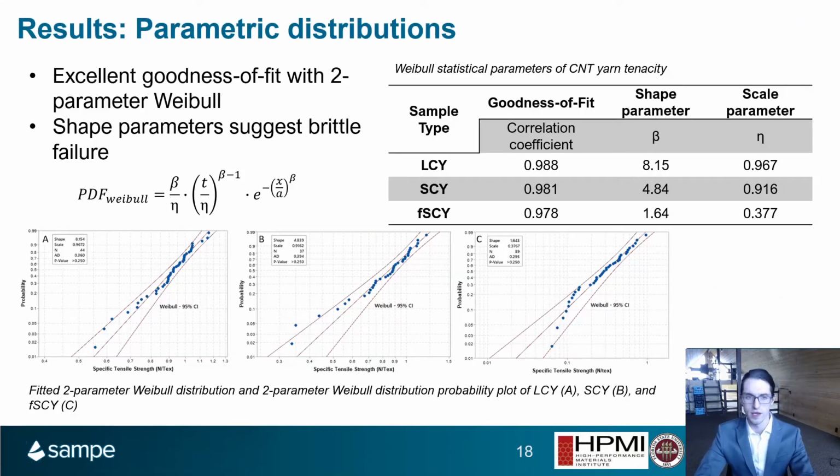Taking our strengths, we applied it into the parametric distributions, and we find an excellent goodness of fit, specifically with the 2-parameter Weibull. Our shape parameters are also very, very low, indicating that we are experiencing brittle failures due to a weakest link